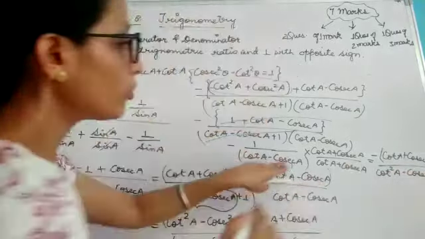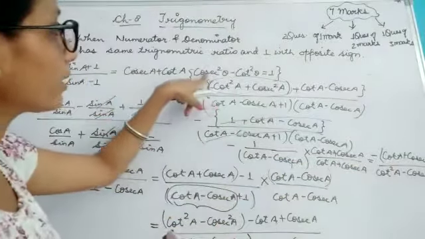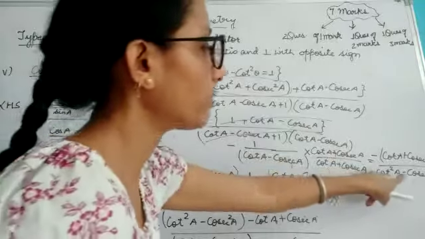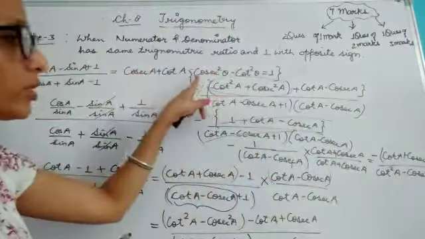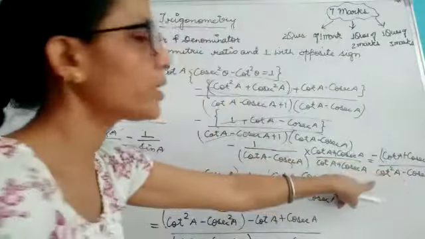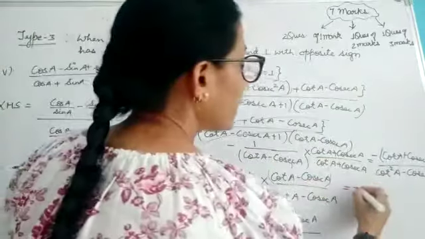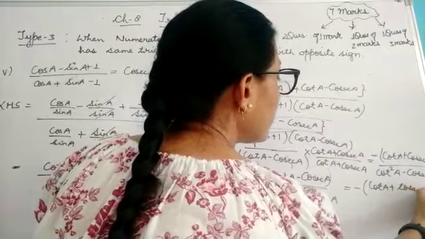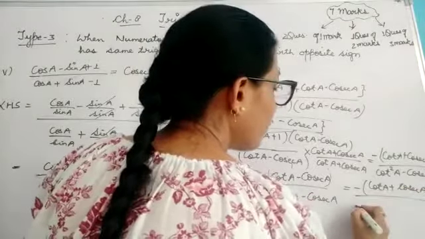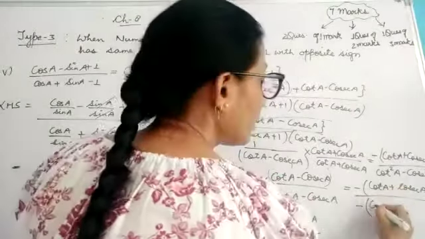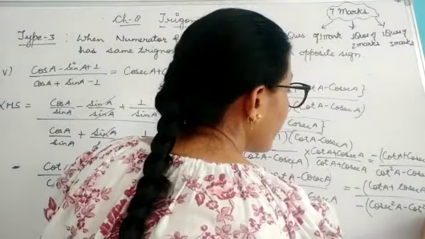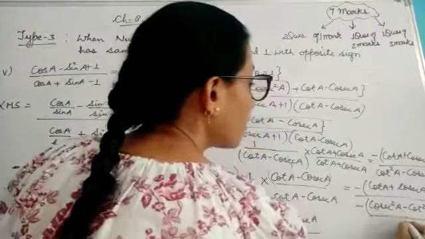Now children, again you see the same identity I am getting, but of different sign. Here cot is minus sign, here cot is of positive, here cosec is negative, but here it is positive. So again I can take common sign out of it. So I will be getting minus cot A plus cosec A in the numerator, and when I take out minus sign, it will get converted into cosec square A minus cot square A. Now what is this? This is nothing but 1.